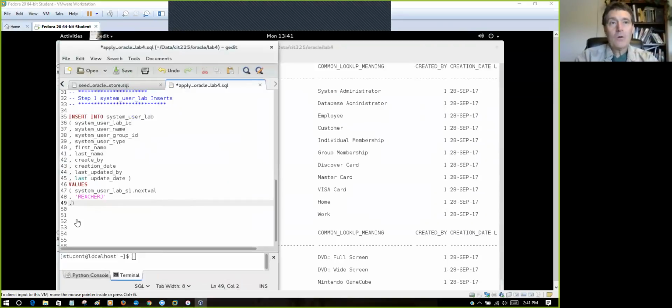Okay, so we're going to tell Oracle now, select, and what do we select? We select the primary key. We're creating a foreign key value where we select the primary key, the common lookup lab ID